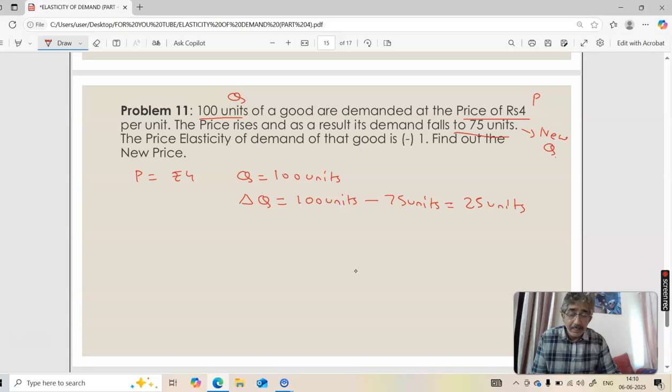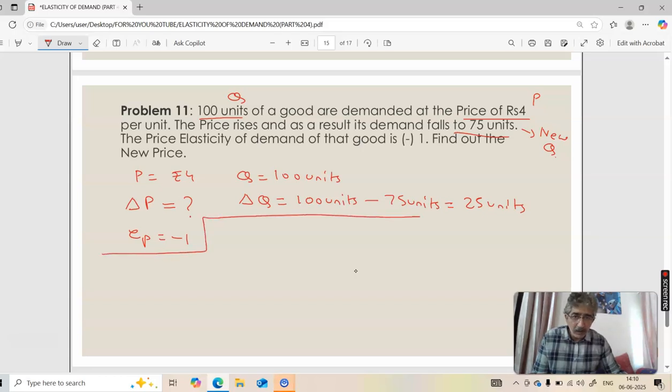That means first we'll find out the change in the price, delta P. EP is given to be -1. Now we need to calculate the new price. Okay, new price we need to calculate. Price has risen, price has increased. So we'll add up, I'll tell you when I solve. P plus delta P will be the new price. So first of all,